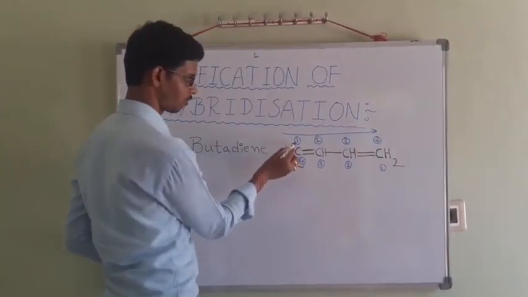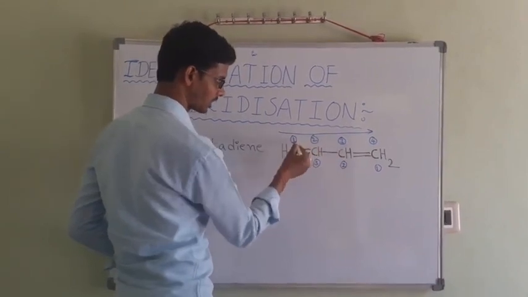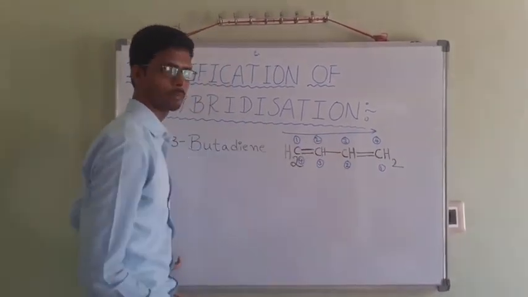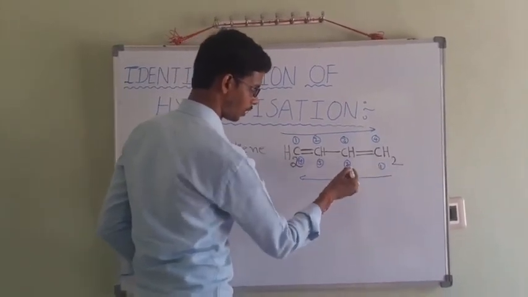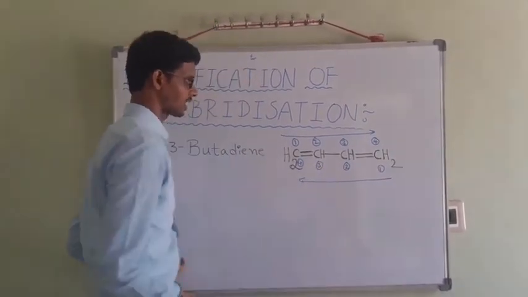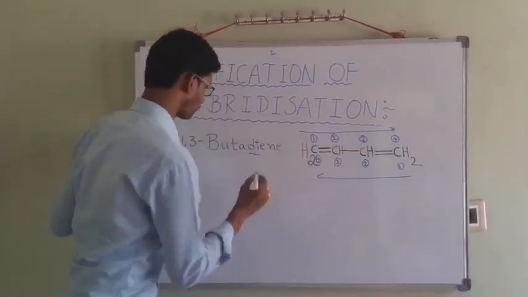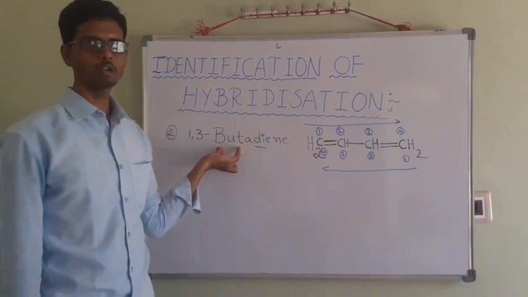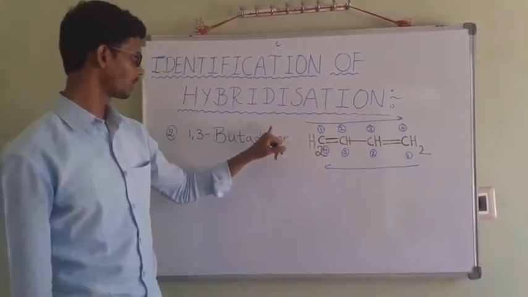suppose for example this is first, second, third, fourth, 1, 3. These two carbons have a double bond. Suppose for example we go right to left, 1, 2, 3. 1, 3 carbons consist of a double bond. It has two double bonds. That's why it has di. Buta means the root word has 4 carbons, 1, 2, 3, 4. Ene is nothing but the suffix.